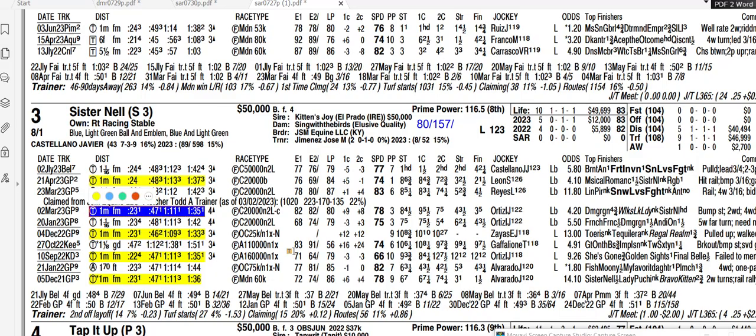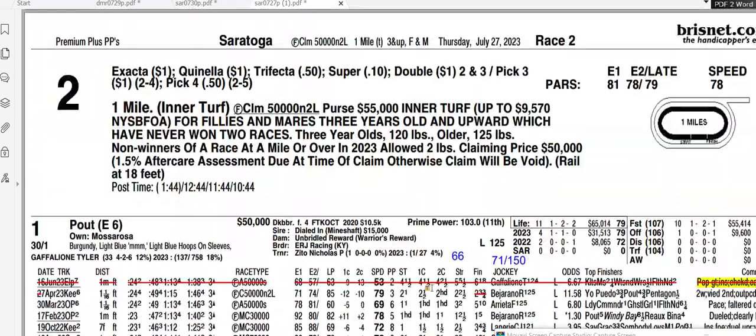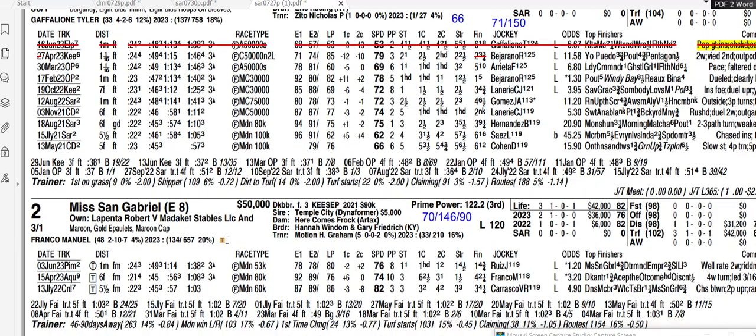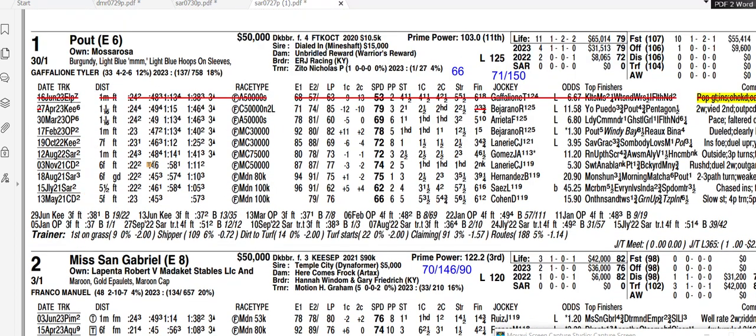And hopefully your answer right now was because these are the races that were run at today's distance, and we don't have to do any adjustment. In a perfect world, we don't have to make any adjustments. When you get to that race that you have 0 adjustments to make, that's why I like 6 furlong dirt races so much. With 6 furlong dirt races, you find so many horses that are coming off of 6 furlongs on the dirt, and they have plenty of back races at that distance as well, to where you can